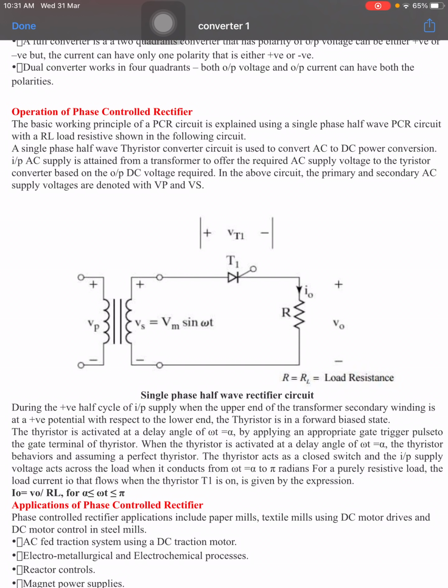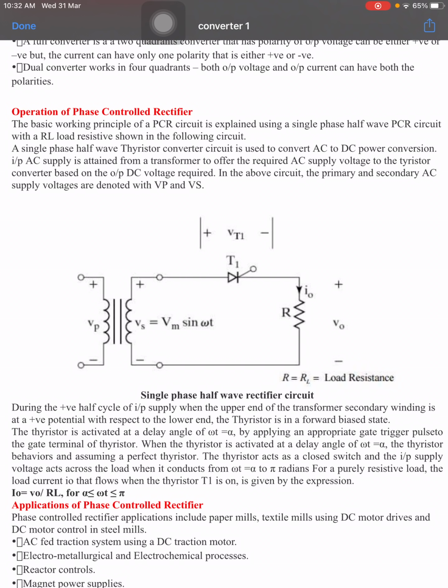What is case 2? The thyristor is in the turn off condition. How does the thyristor go to the turn off condition? When it is reverse biased, the thyristor is turned off. Then what do we have to do here? Change the polarity. The negative voltage is applied to the thyristor T1 anode. Minus is applied to the anode, which is the positive terminal. When you apply minus to the positive, the thyristor T1 is automatically reverse biased. When T1 is reverse biased, the thyristor is in the turn off condition. When the thyristor is turned off, it acts as an open circuit, meaning there is no current flow in the circuit.